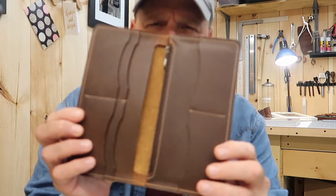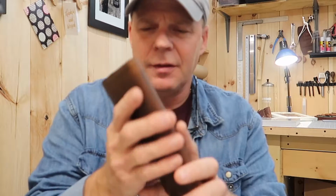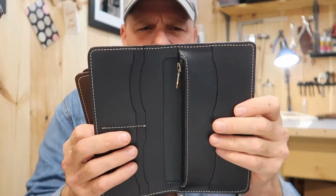But it just looks so nice. I absolutely love this leather. This wallet is way thicker than this one. This one here, I recently got a